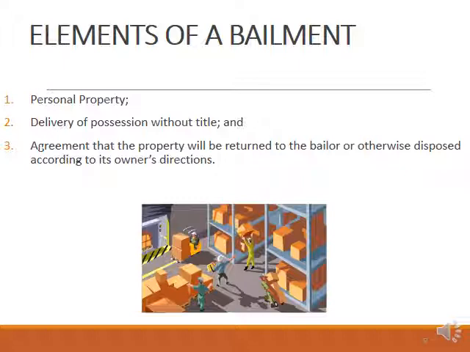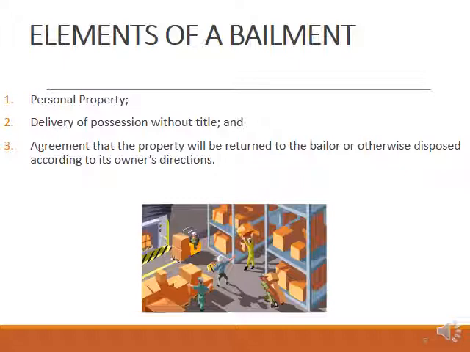So an example of a bailment would be if I go and take my car to the mechanic. When the mechanic is fixing the car, the mechanic has exclusive control over that car. And so I'm the bailor. I initially have the exclusive control over the car, and then I give the car through the keys, because you can have a constructive bailment where you don't actually pick up the item, but you give control. So through me giving the keys to the mechanic, I have given up exclusive control of that personal property, the car. So the mechanic would be the bailee.